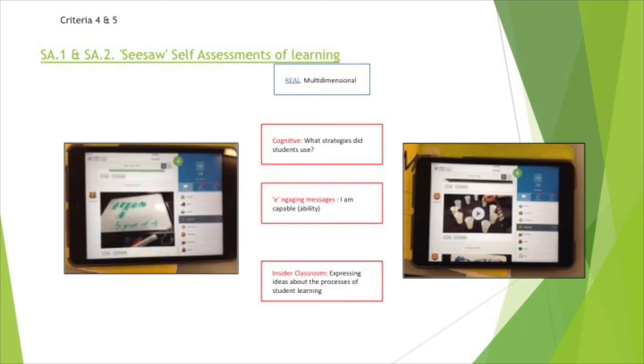Finally, the use of student self-assessment moved away from establishing me as the sole judge of student learning. Integrating this inside the classroom on my practicum, it was imperative that appropriate means of self-assessment were afforded to students. The consistent use of the Seesaw application within numeracy provided students with a platform for assessing which they were familiar